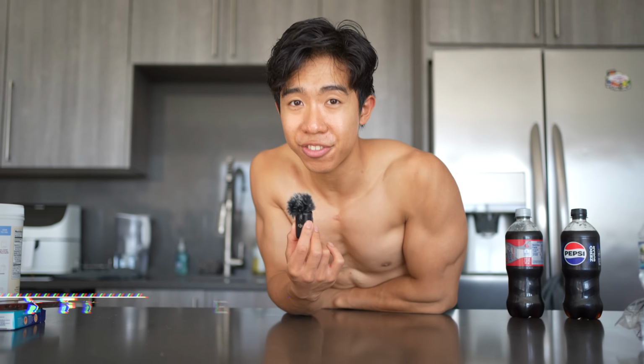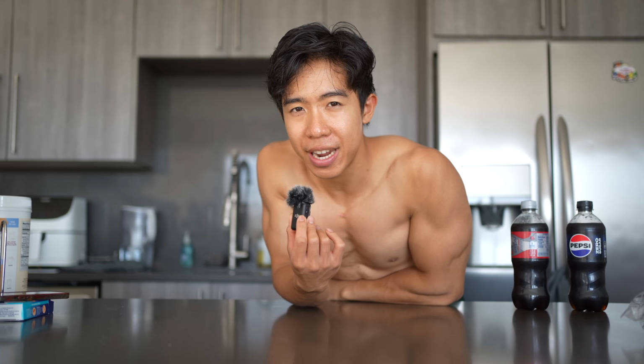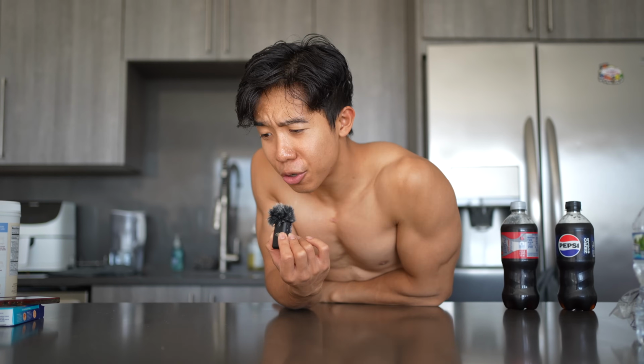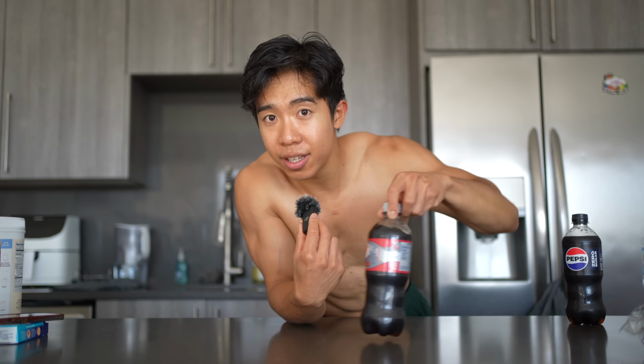And the last and final tip I want to give, I kind of call it the final defense tips. It's the stuff that you use as kind of like your trap card when you're deep in your dieting phase, you want to break your diet so bad, you're finding it very hard to actually stick to it. You know, your back is against the ground. Desperate times call for desperate measures, so that is when I recommend, firstly,